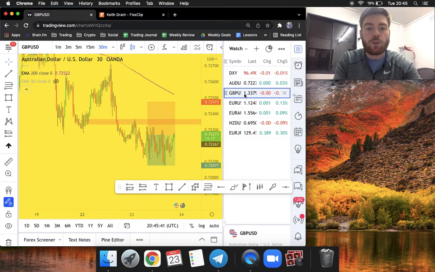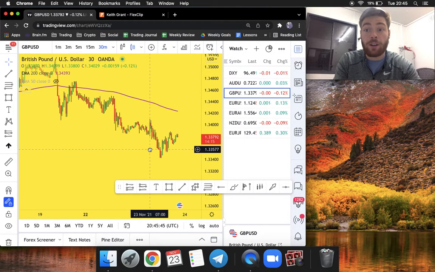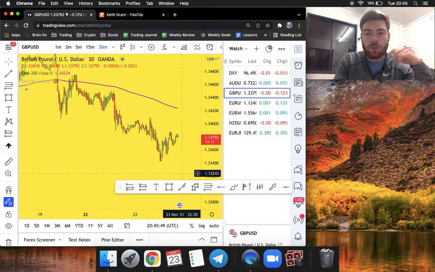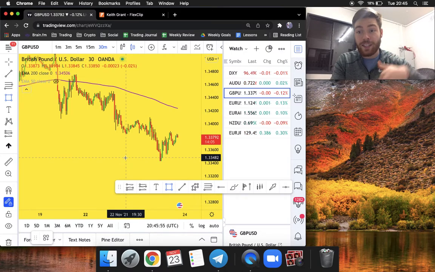And the same goes for pound dollar. Pound dollar is the exact same. This actually looks like it moved a little bit nicer. You see yesterday again we had that nice push down to the south, and then we're just looking for the same today again, because we know the overall direction of the DXY, so we're just looking for the same across the